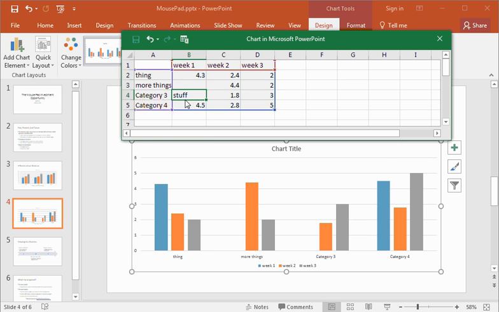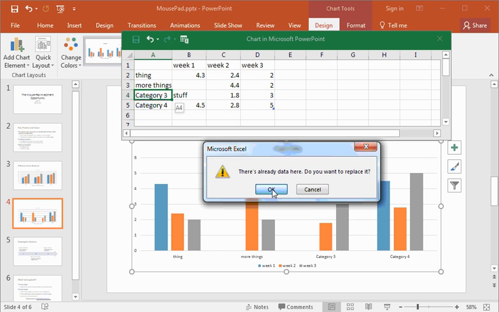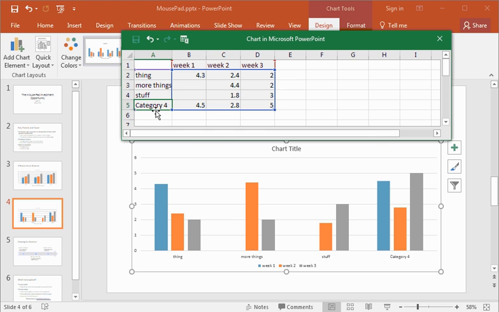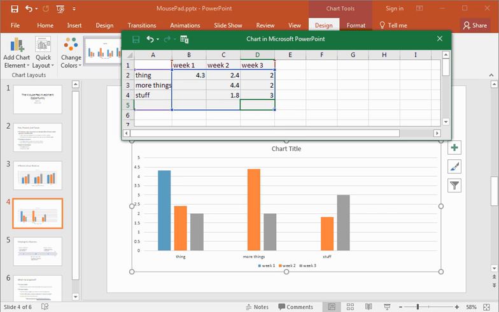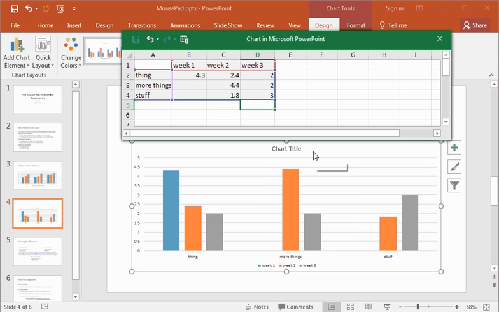And put my stuff over here. Good, okay. And yes, I do. If I don't want this category 4 stuff, just deleting it doesn't make a difference. What that does is it leaves a big empty spot over here at the very bottom right-hand corner of my chart. If you don't want that extra space, you actually, again, have to resize the data range to get rid of it,